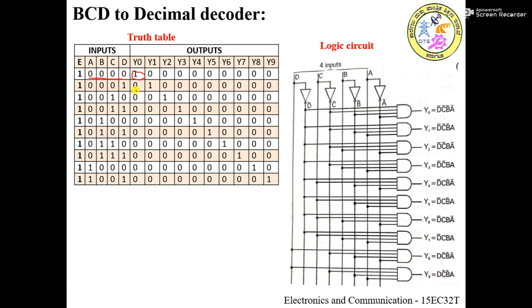With 0 0 0 1, y1 will be activated and only this output line will be active high and all the rest of the output lines will be active low. Similarly, we are not supposed to write all 16 possible combinations. With 4 inputs, you may have the standard practice of a 4:16 decoder, where we continue writing these combinations till 1 1 1 1, that is 15.